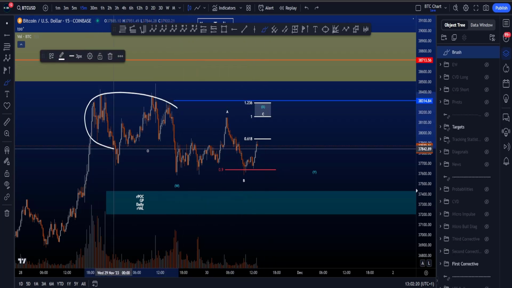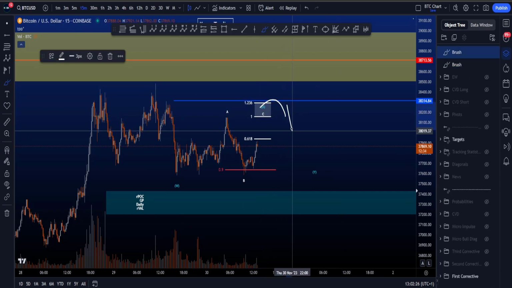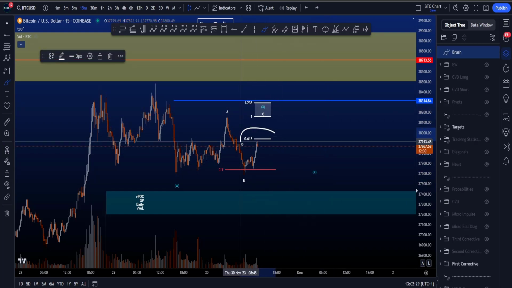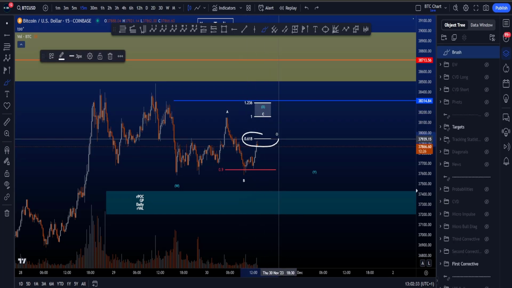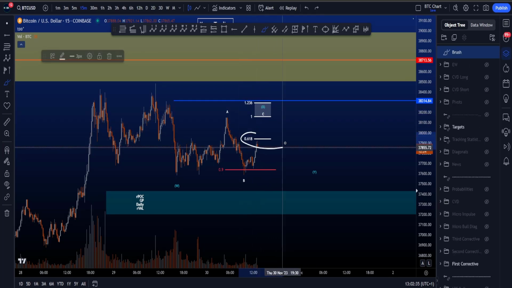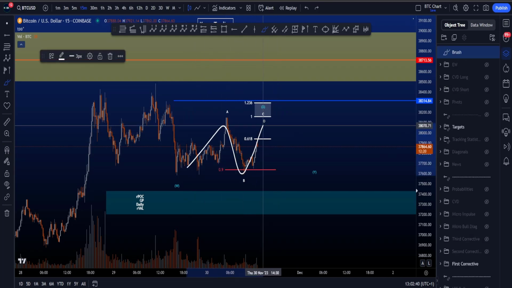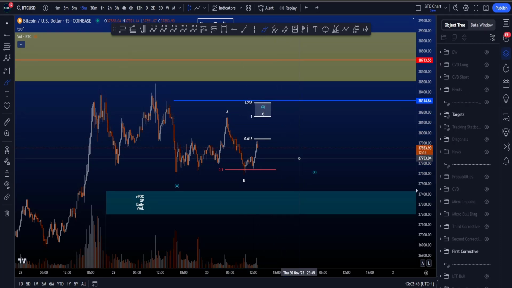value area high of this range over here for a little bit of additional resistance at 38.3k, after which we then expect a move to the downside in a wave Y. The 0.618 is also a target for a wave C, but that is the target of a running flat, and a running flat generally is a lot more rare compared to a regular flat, so therefore preferred you see price moving up to the high of this wave X, this box here, after which we look for a wave Y,